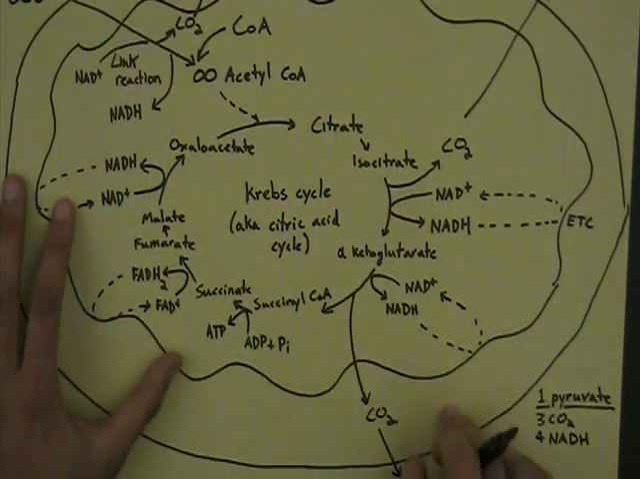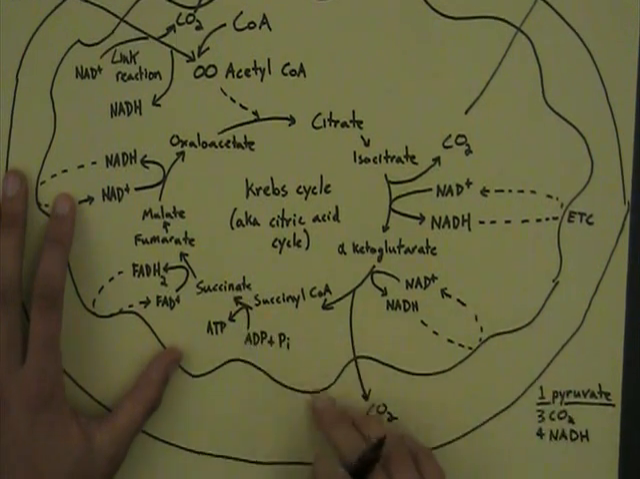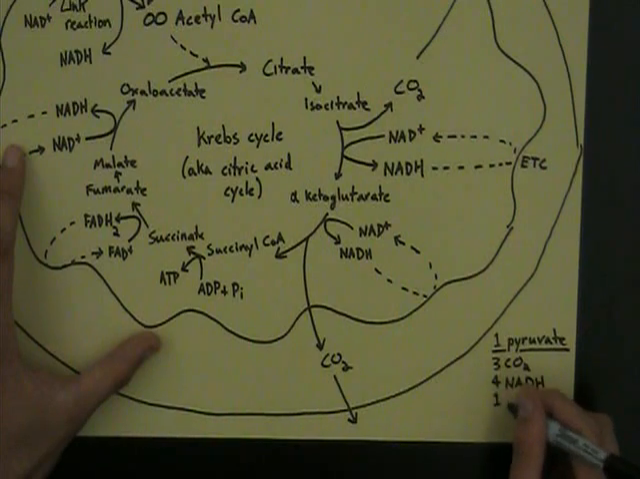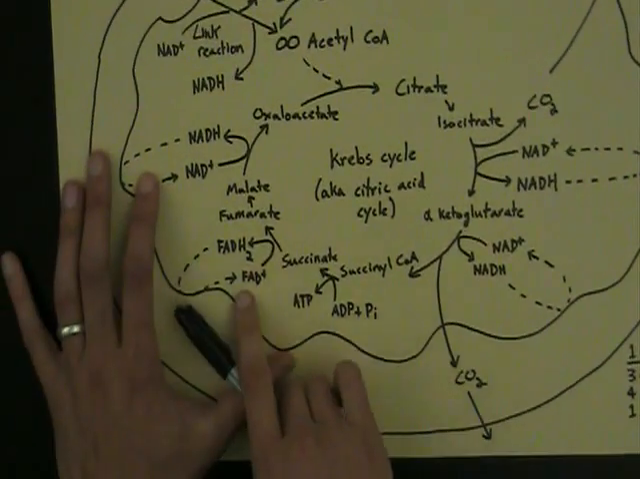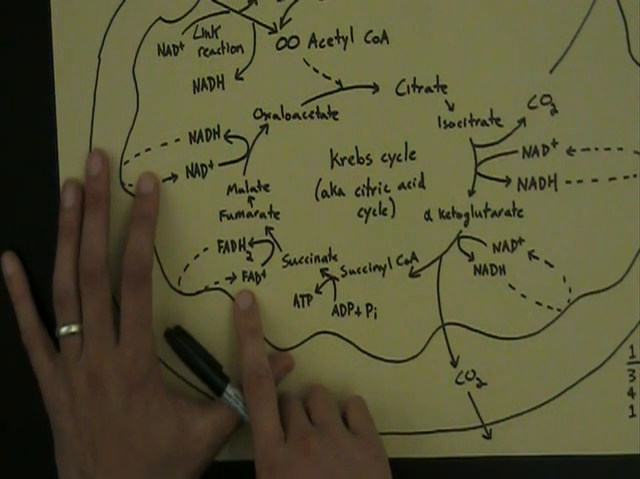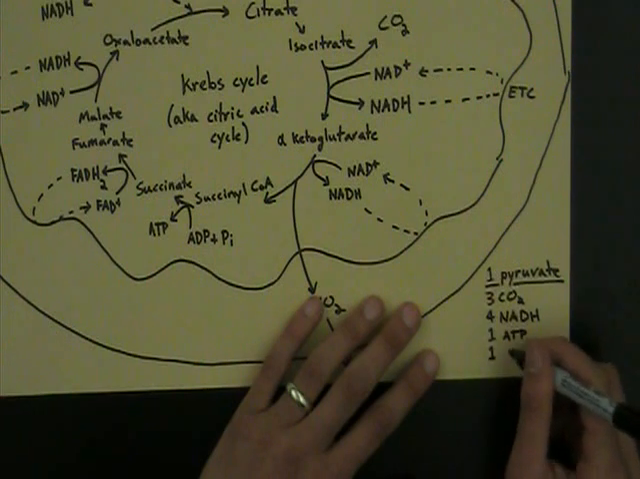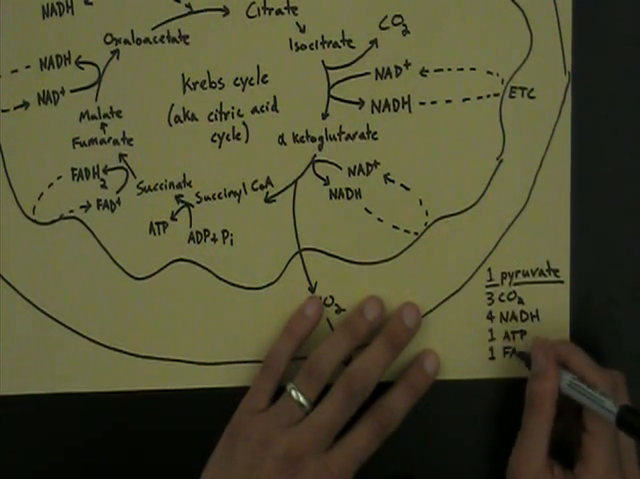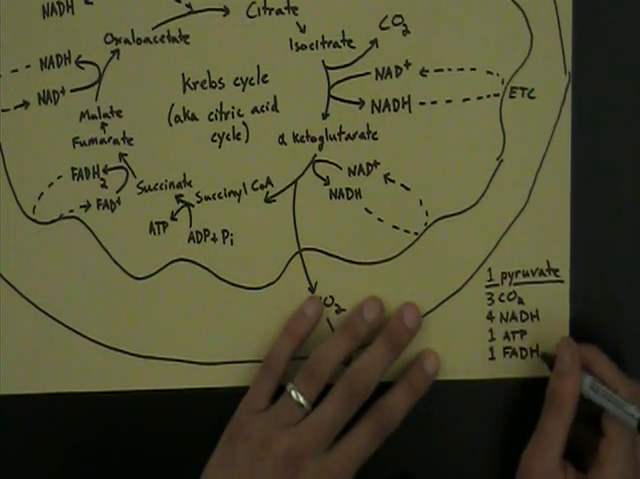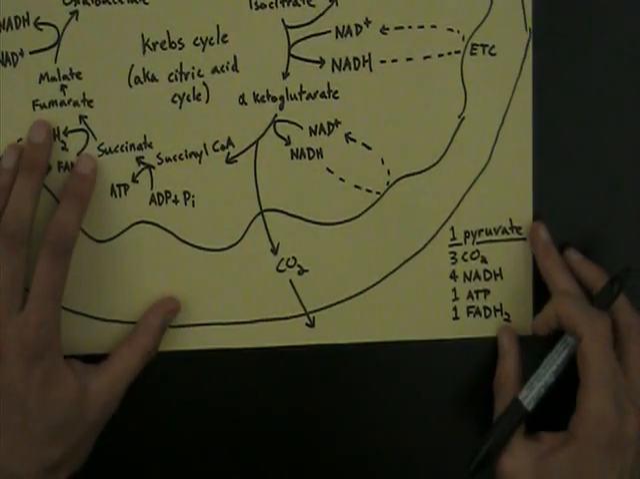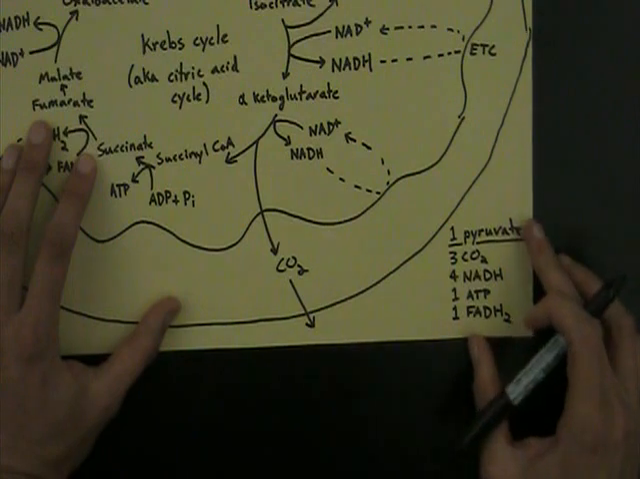And then, let's see, what else? Oh, ATP is also being made. We've got 1 molecule of ATP per pyruvate. And this other high energy electron carrier, FADH2. And we have just 1 of those per pyruvate. So double all of these numbers and you find out what we've got in for 1 molecule of